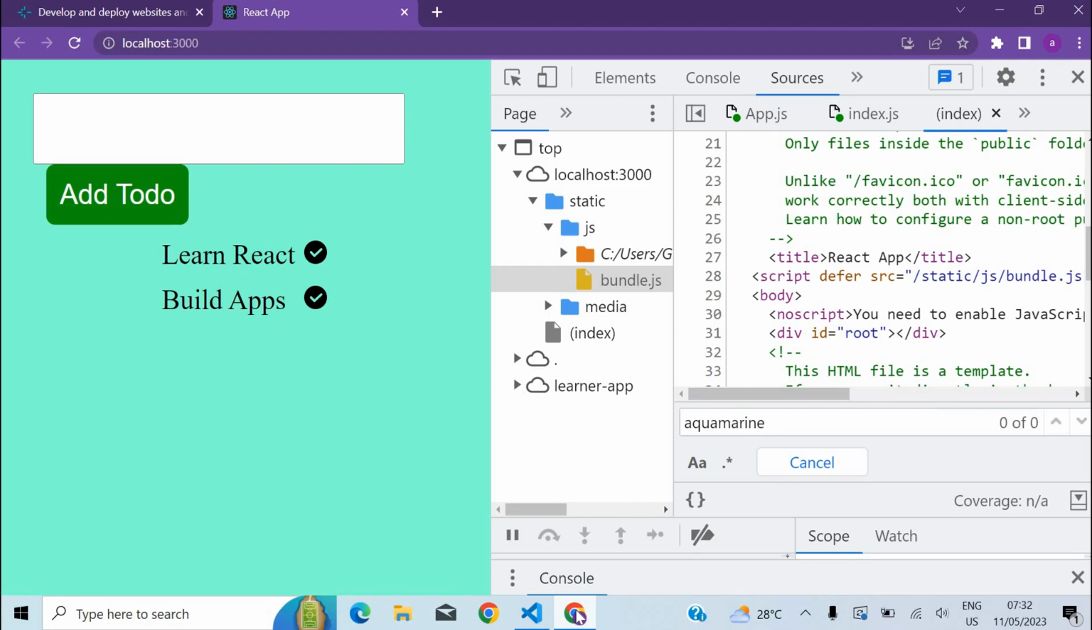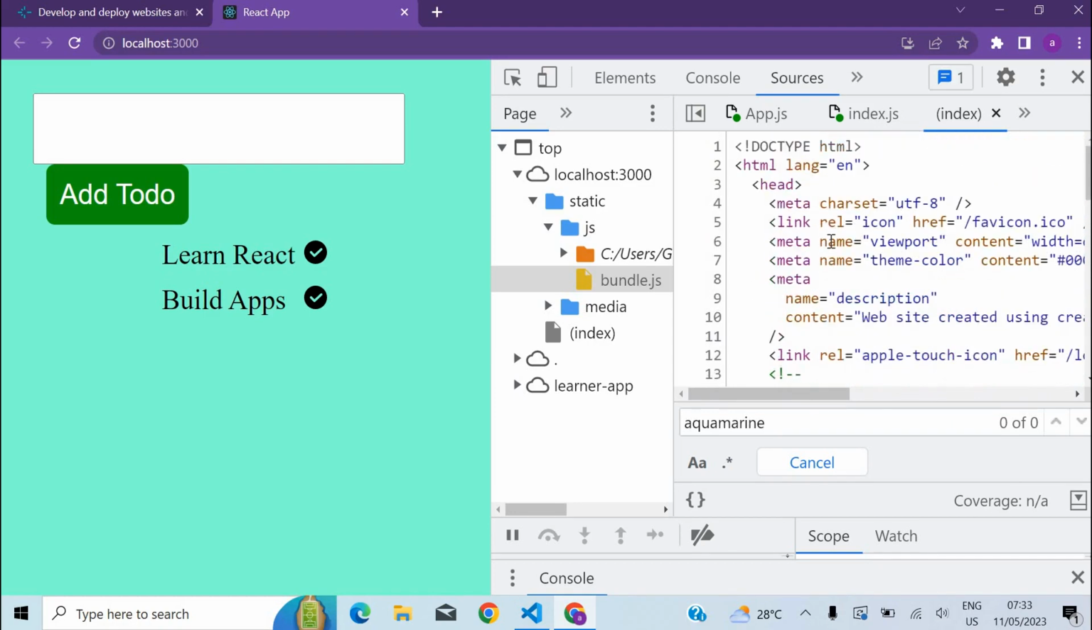Okay, so the difference between the production bundle and the development bundle is that the production bundle is optimized and compressed for better performance and faster load time. Okay, but if you take the development bundle, then it is optimized for development. Okay, so there are a lot of differences between these two things, and you can search about them in the